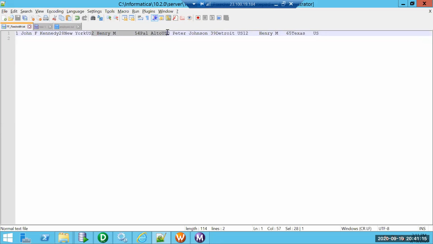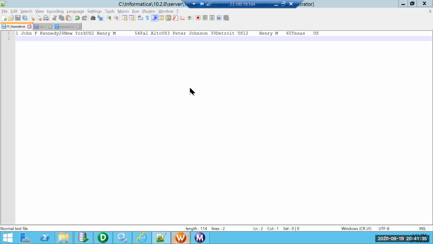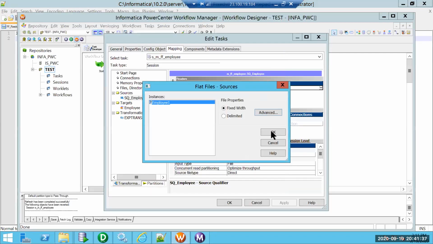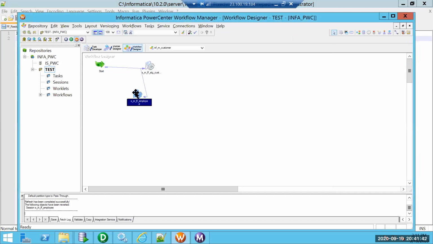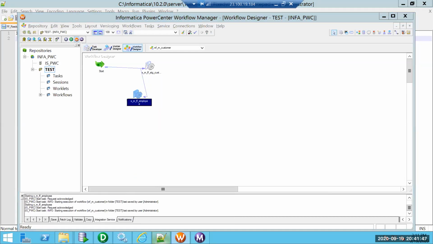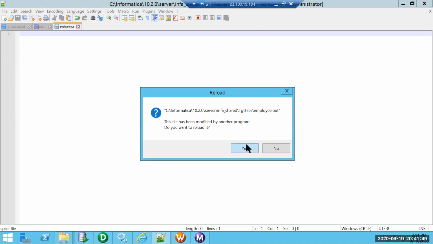When the last position is read, it will try to consider the rest as a second row. Again, this is my end of second row length. The complete length is the length of all columns. So after the length of the final column is reached, it will consider that as the next record. So if we run in this way, I'm saying don't skip any byte. Now when we run, we will see the same output, but we are going to see another thing also.